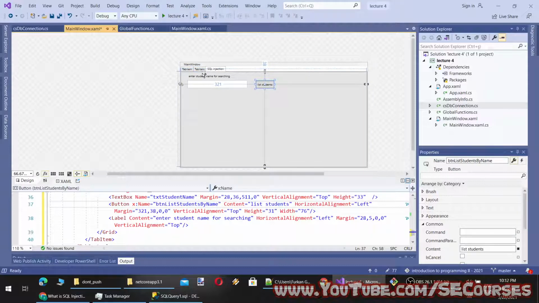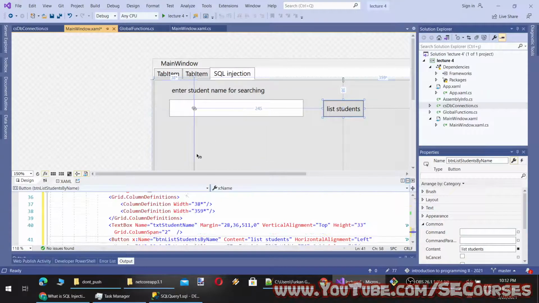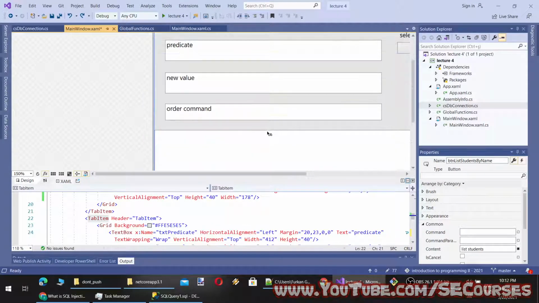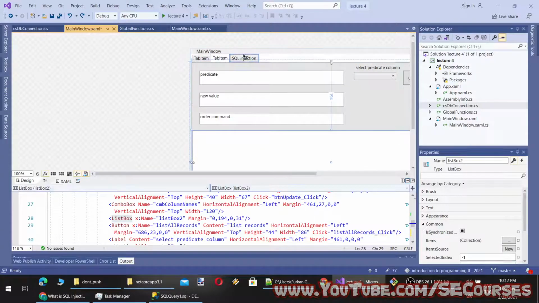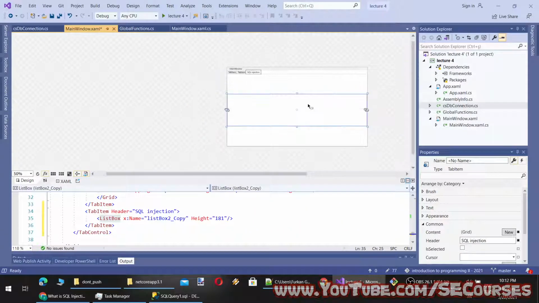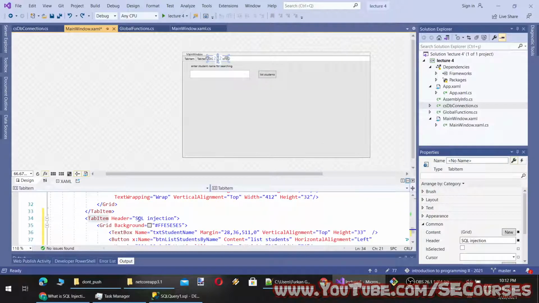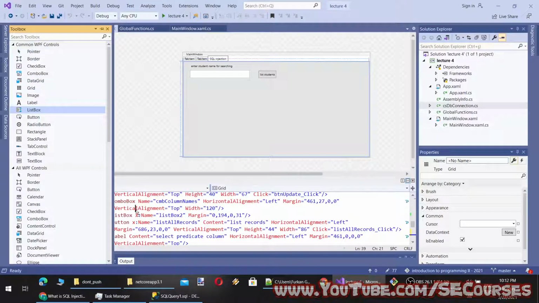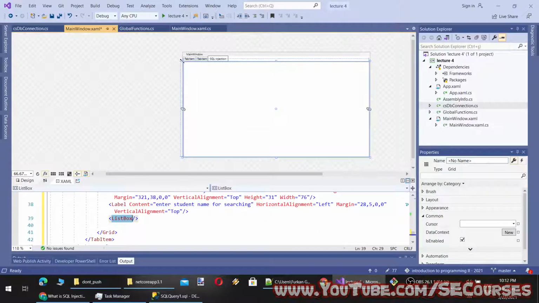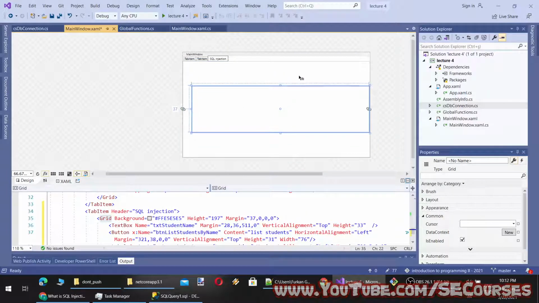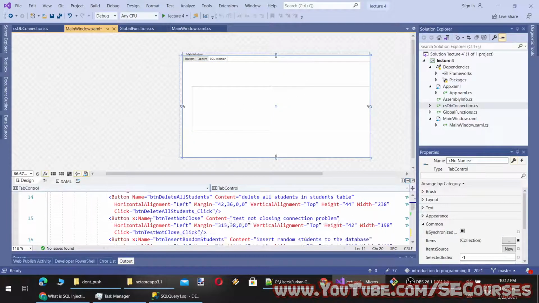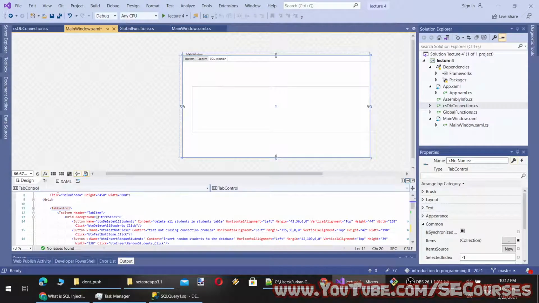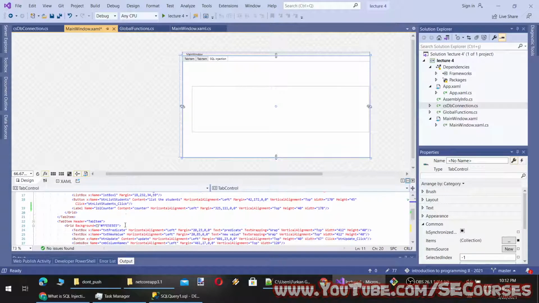I will copy and paste the list box here. Oh, it is taking the full space. So let's add our own list box then. Okay, we have got some unnecessary code here, I think.